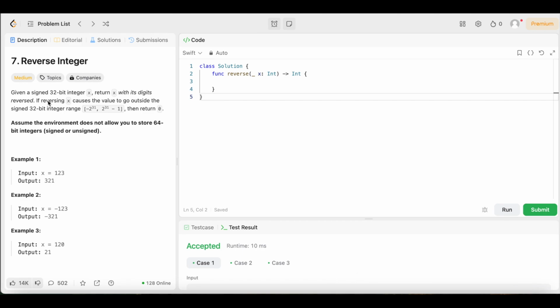And today we have question number 7, reverse integer. The difficulty level is medium, but don't worry because we're going to keep the solution as simple and easy to